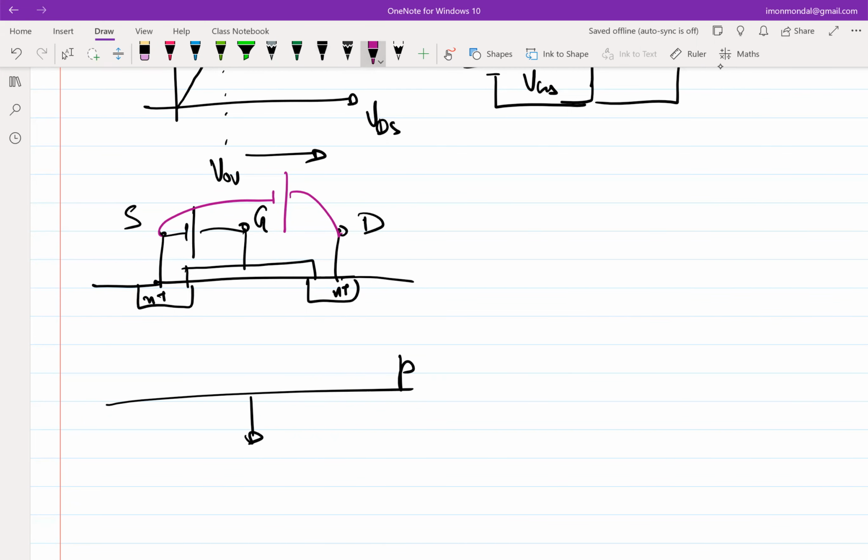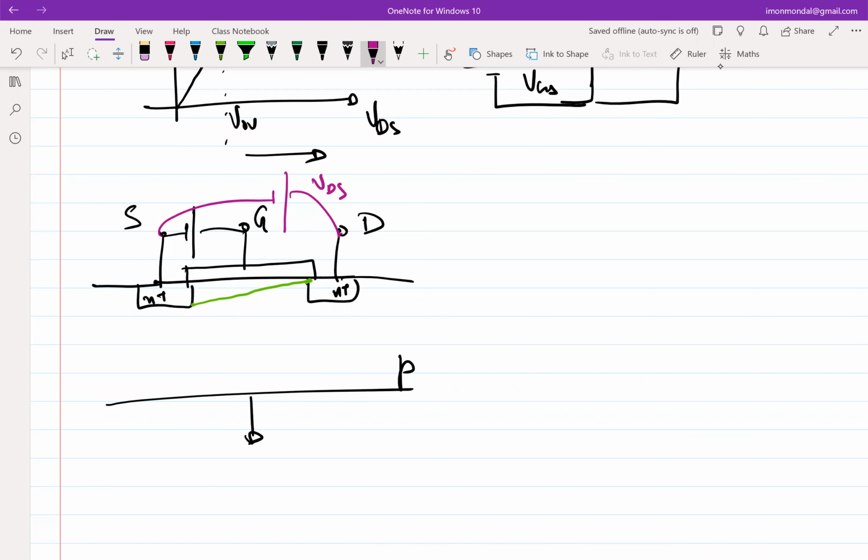At saturation, we assume that our channel is pinched off at the drain channel junction, which essentially meant that even if I increase this VDS, this channel wouldn't have been affected in any way, which essentially meant that